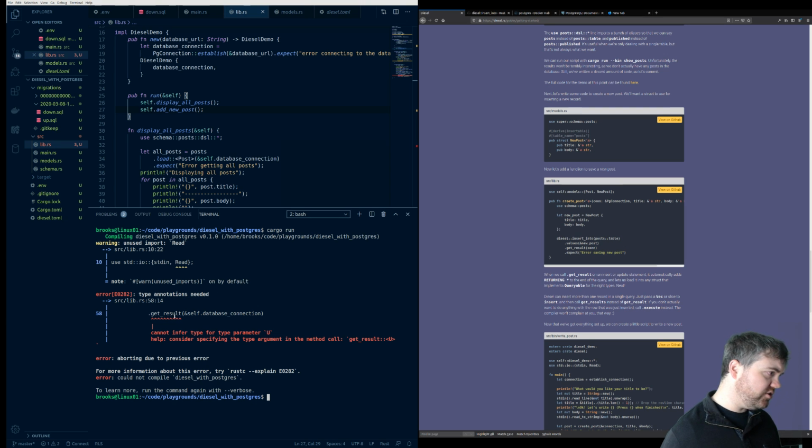Okay, so in get result, cannot infer type for parameter u. I don't know where parameter u is. Consider specifying the type argument in the method call get result. Oh, did I miss that? No? There's no get result with like a parameter passed in. But I'm thinking